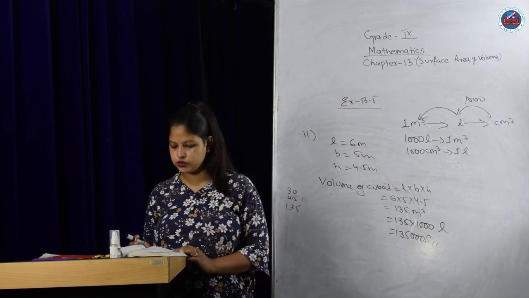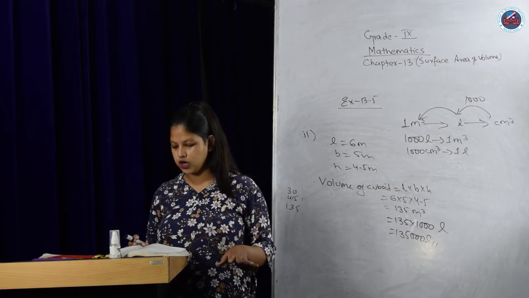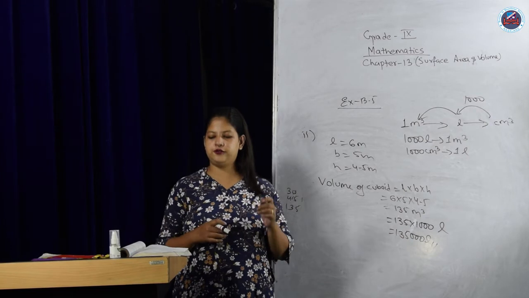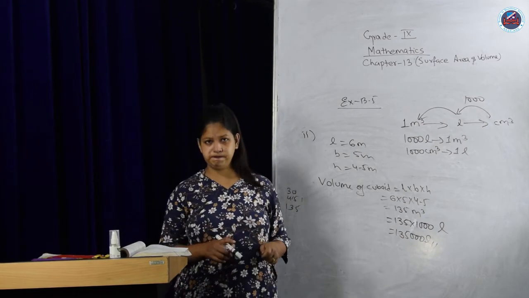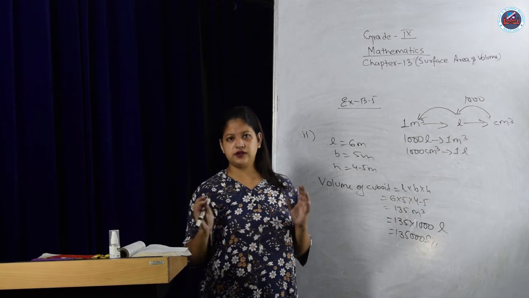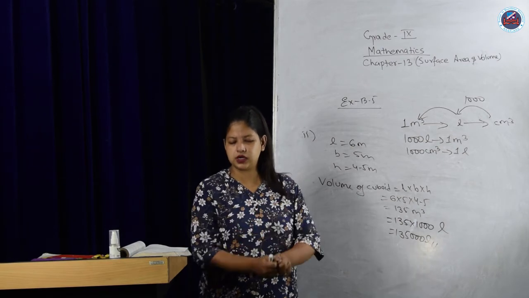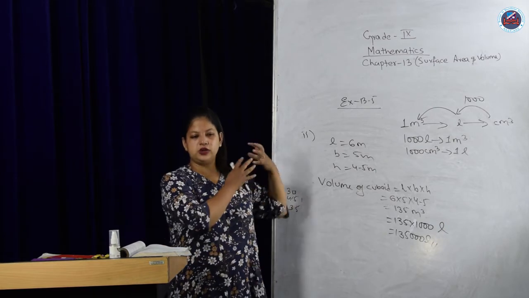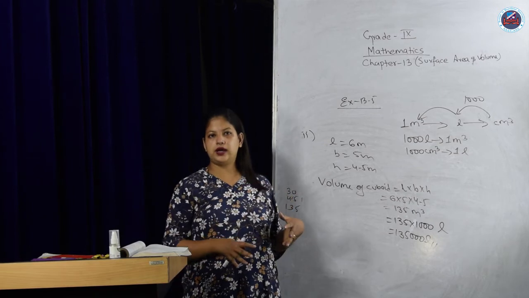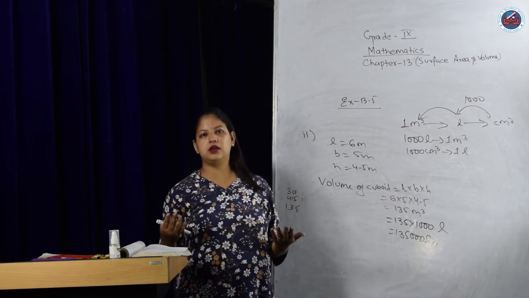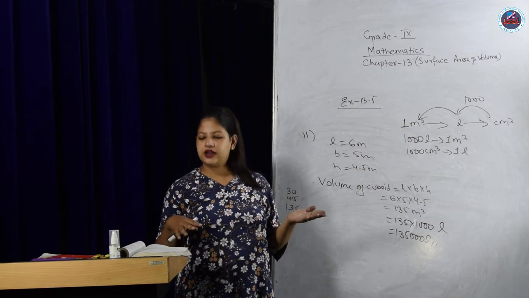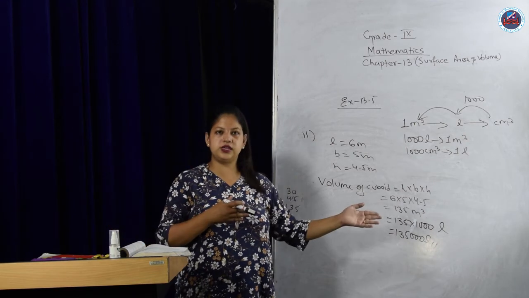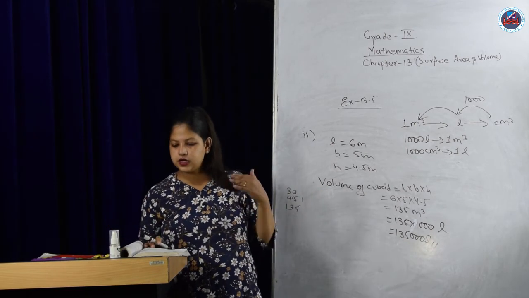Like that, you can do questions number 3 and 4. In 4, the word digging is used: find the cost of digging a cuboidal pit. Cuboidal, LBH is given, so you will find volume. Whenever digging comes up, the word volume will be used, because when you are digging, a certain quantity is being taken out. That's why quantity is related, and we calculate it in volume. After calculating volume, find the cost. Cost is rate into volume. Earlier it was rate into area, now volume. You can continue this.